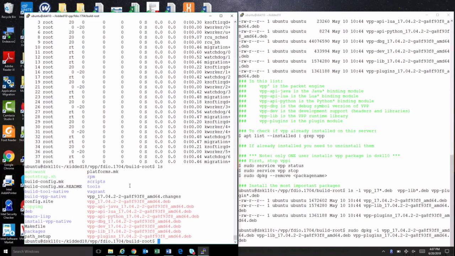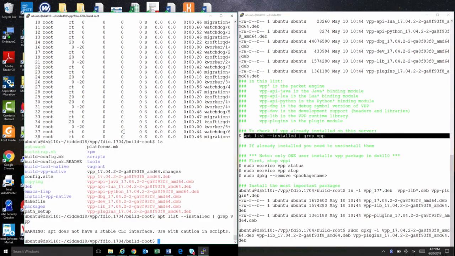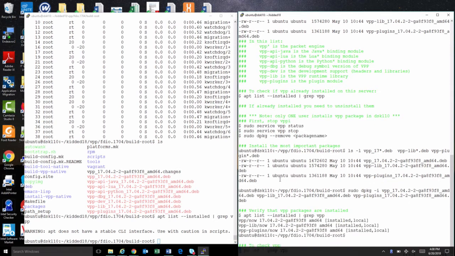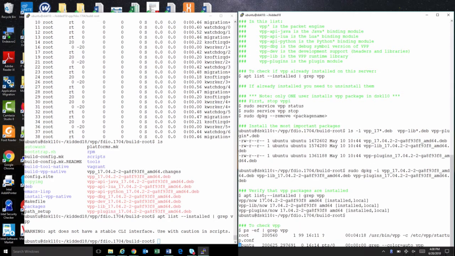Okay. Now we will install the VPP, but only because we share the same account basically. So only you can install it, because if you install and I install, I will fail. Okay. So can you go with the next instruction and install it? First of all, we check if it's already installed. No, there's no VPP. So now you can go ahead. If it's already installed, then that is the instruction that you need to remove it before you install the new VPP. But in this case,